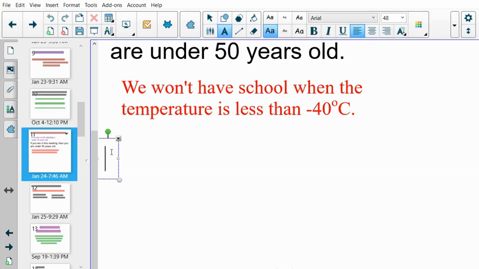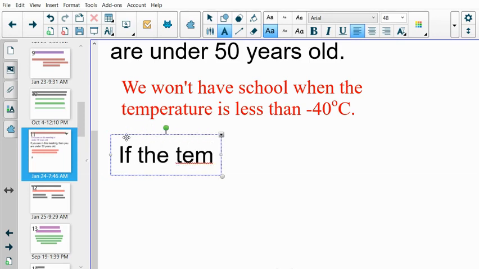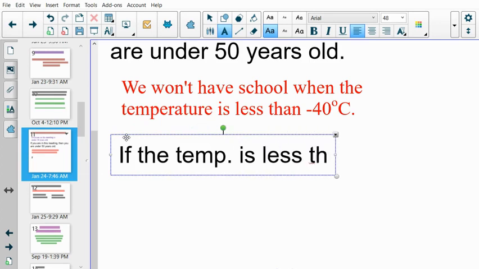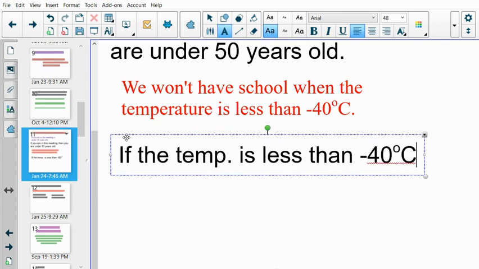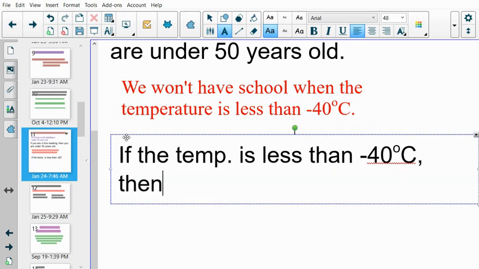Okay, hopefully you are done. If you're not done, seriously, pause, come back. But if you're following directions, you should be ready to go. You've got a sentence written down. I'm going to take a look at this one. We don't have school when the temperature is less than negative 40. So I'm going to say, if the temperature is less than negative 40 degrees Celsius, then